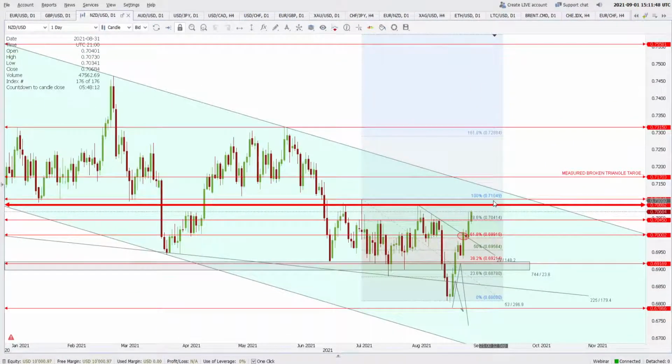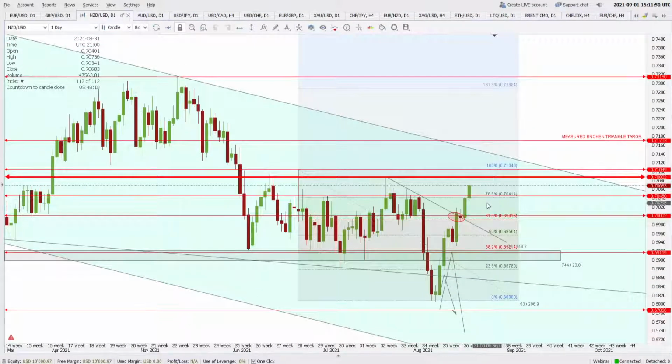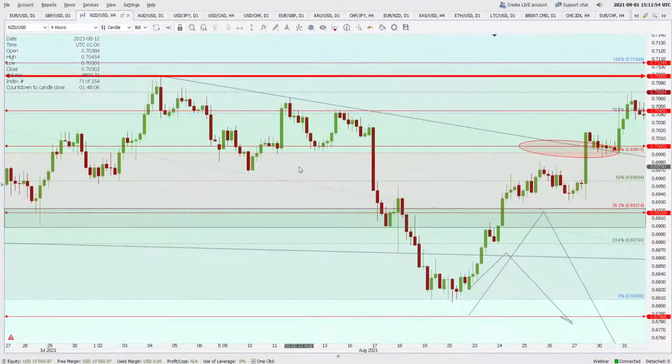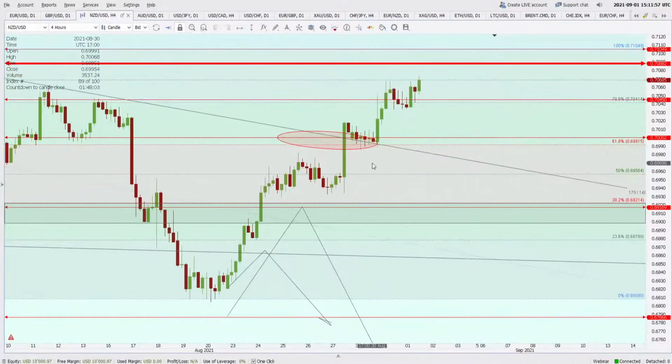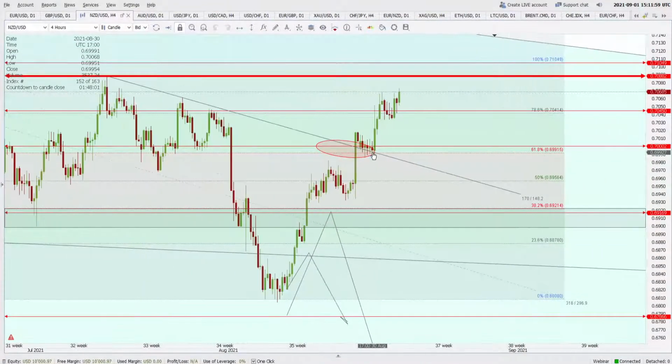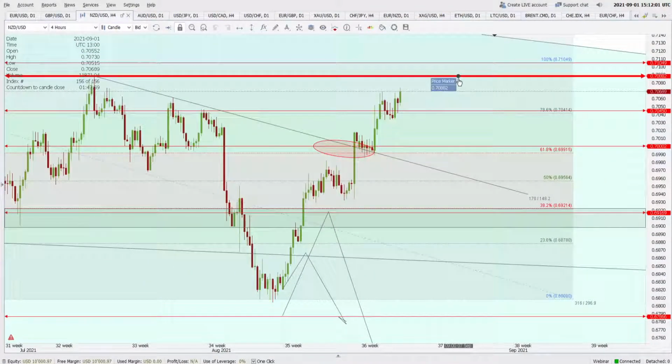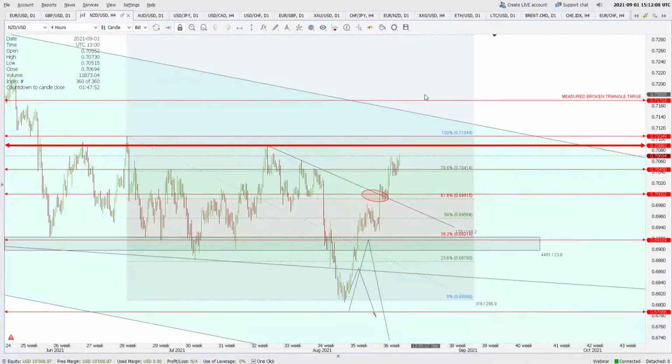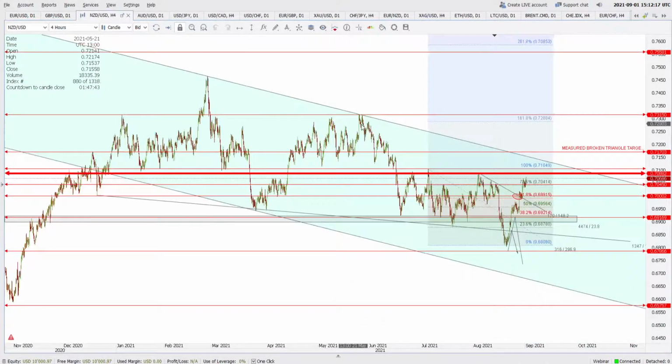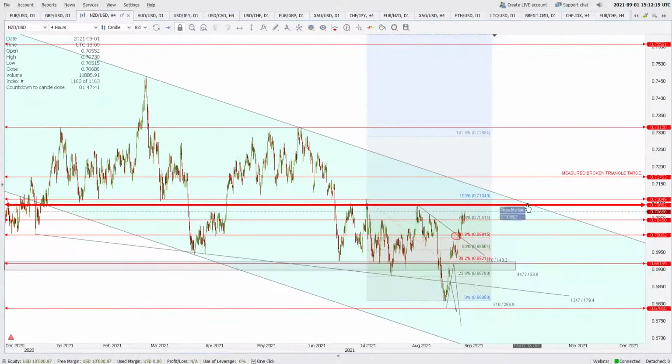On the downside, we have 0.7045, which can act as a good support for the price on the 4-hour or the daily closing basis. I want to see how the price reacts to this resistance at 0.7088. I am sure that there will be a rejection here, but if there is no rejection at 0.7088, then the upside move will be limited to 0.7148 because this is the falling trend line of this channel. Okay,